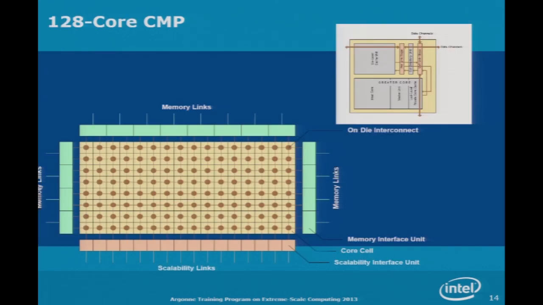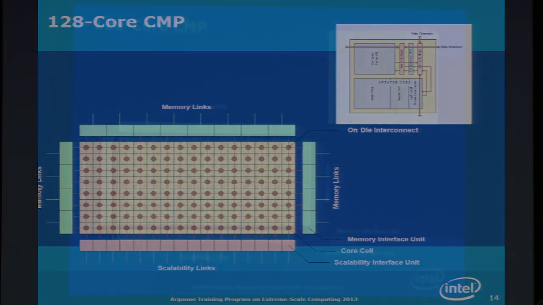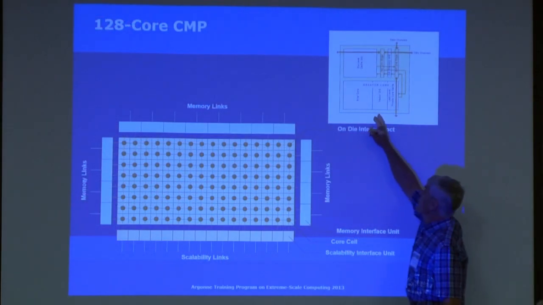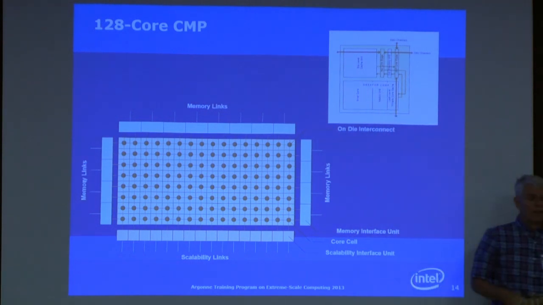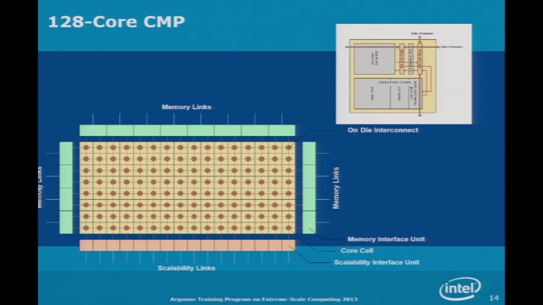congestion. Yeah, so I showed you this picture yesterday, but this is what a mesh looks like. This is with 128 cores, and you have the inner core, the vector unit. You have a local cache, and you have a slice of a shared cache. One of the things that I wanted to show you, but don't have time for, is that you own a slice of the shared cache as well as your last level private cache, and it could easily be made out of the same cache blocks, so you could manage the boundary between the shared cache and the local cache,